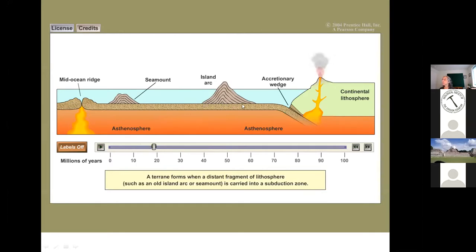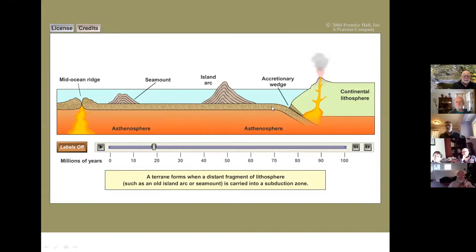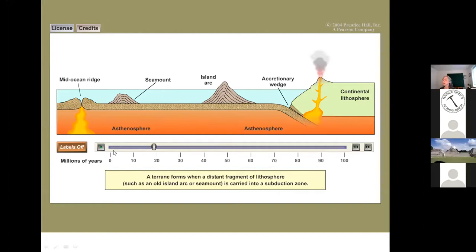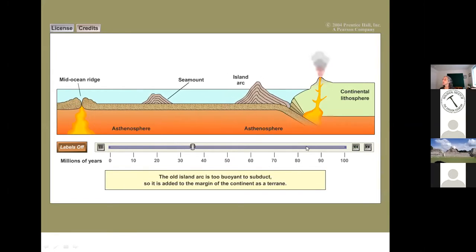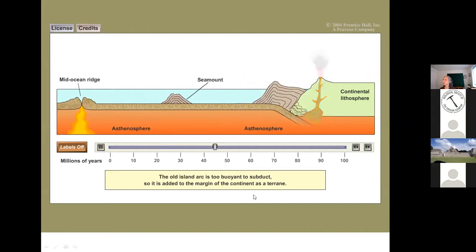And what happens here at a convergent boundary is we've got a tectonic plate, and then another piece of the Earth's crust, another tectonic plate, that is moving and subducting under the continental plate. But when we have an island in the way or a big landmass, it can't go down, it cannot subduct. And so instead, it gets accreted onto it. And here's that word terrane. Let's pause it right here.